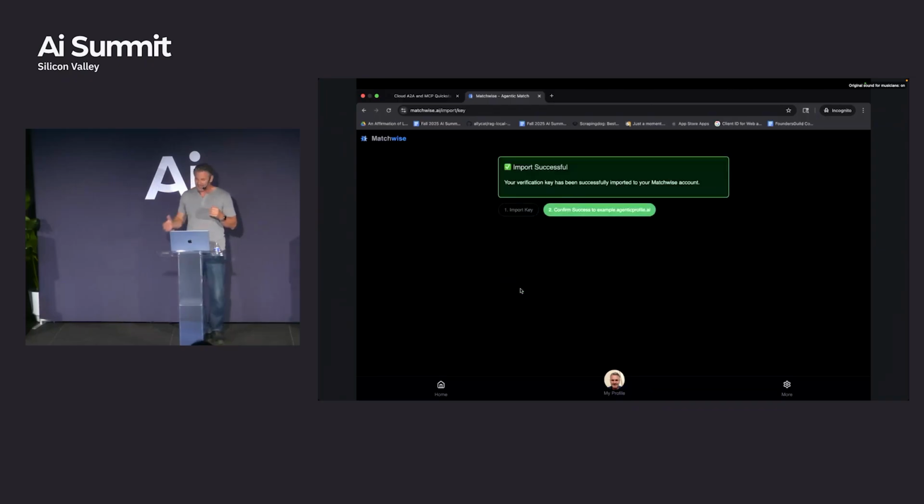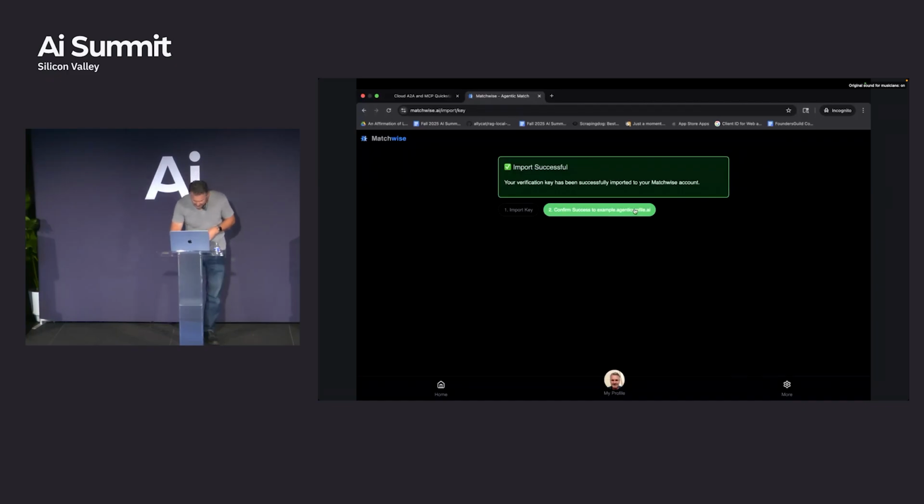And what's cool about this actually, there are so many elements here, is it did not transfer your private keys across the wire, it transferred your public keys across the wire, which is super, super safe to do, no problem with that at all. You were logged in in this case, and Matchwise says, thank you for the public keys. If the user here is cool with that, I'll register them right now.